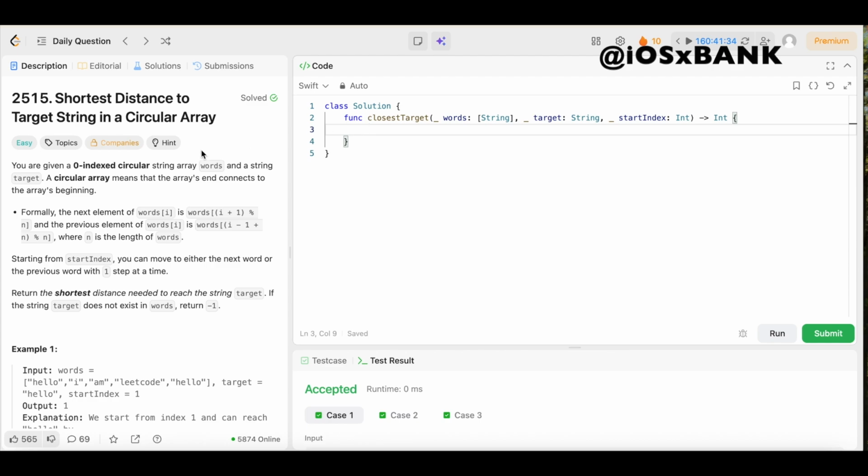And today we have question number 2515, shortest distance to target string in a circular array. The difficulty level is easy, so you already know we're going to keep the solution as simple and easy to